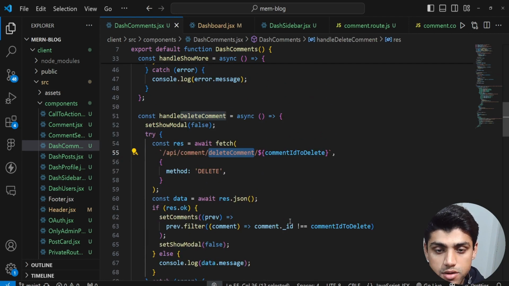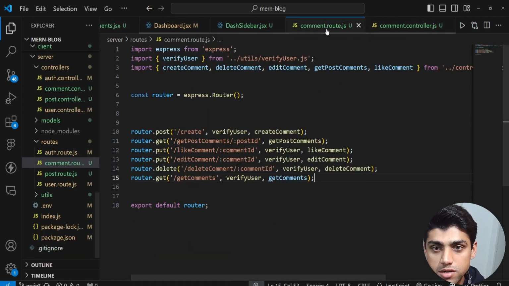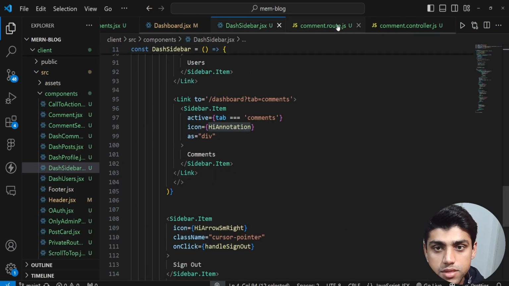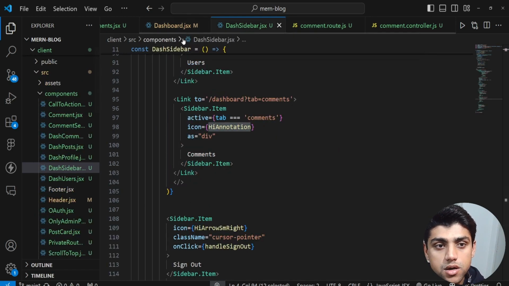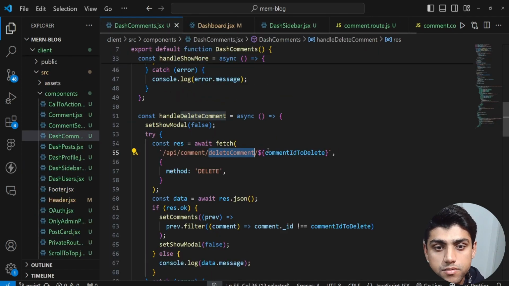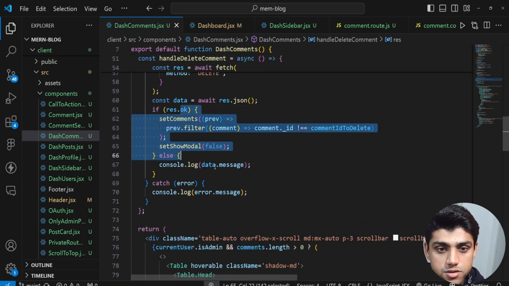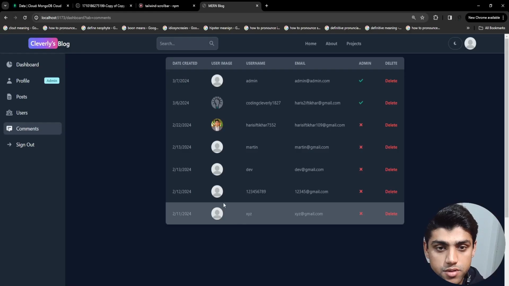So delete comment. Now where's this delete comment? Well, if we go back to the route, remember that delete comment and the comment ID. That's basically there. Comment, delete item. So if you go back here, we have deleteComment, and then we have the comment ID to delete. Everything looks good. This is how we delete it. And now let's go back and pull it up. So over here we have comments,